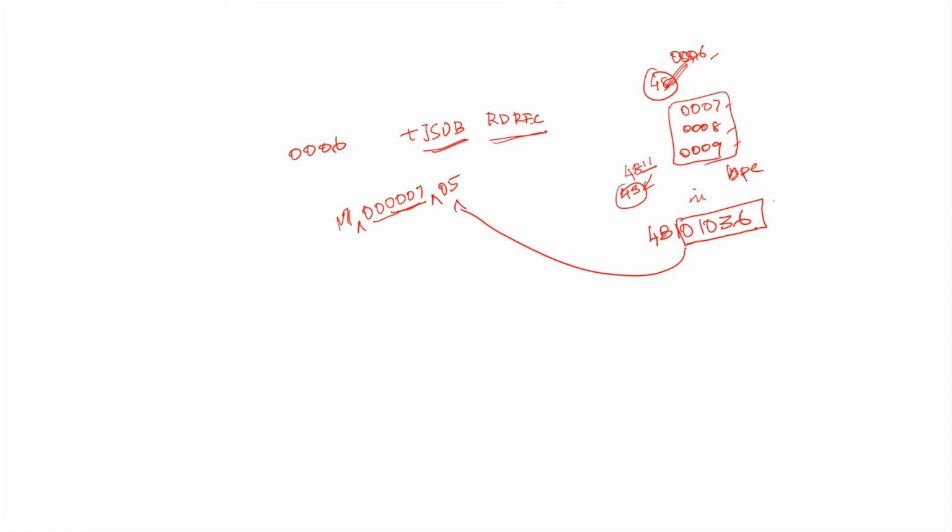Consider another instruction, another plus JSUB instruction. The JSUB instruction is at 0026. How will you write the modification record for this? The first field is M, then 000027, because the 26th position will be occupied by 4B, so there is no issue there. Then the next 5 have to be modified, so 05. This is how you write a modification record.